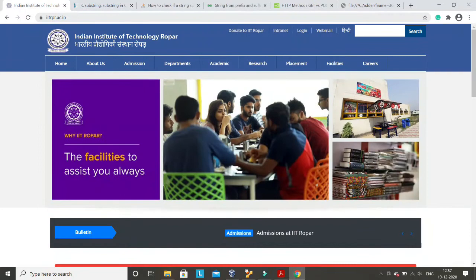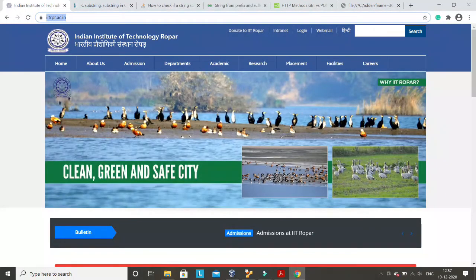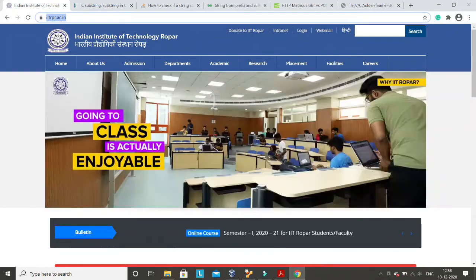So here, what is happening actually? The moment I am pressing here IIT Ropar and I am pressing enter, this client is sending an HTTP request to the server, and the HTTP request has a particular format. So in a particular request format, HTTP will send a request to the server. The server will receive the request, do the necessary action, and prepare a response.